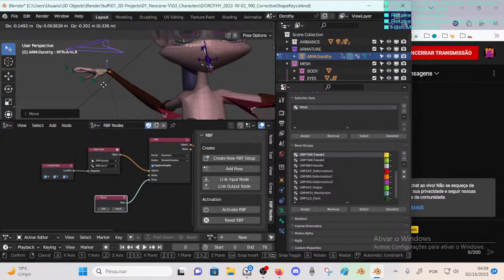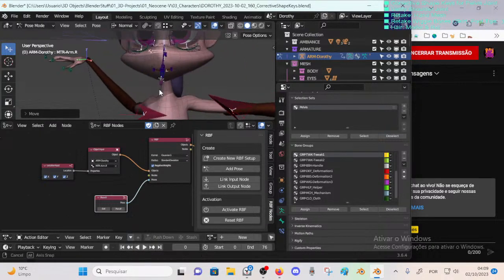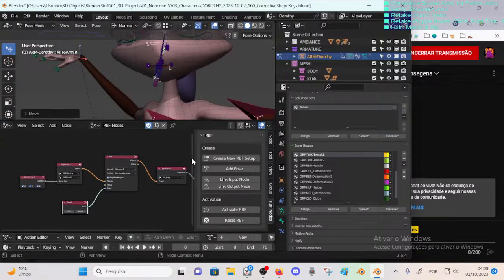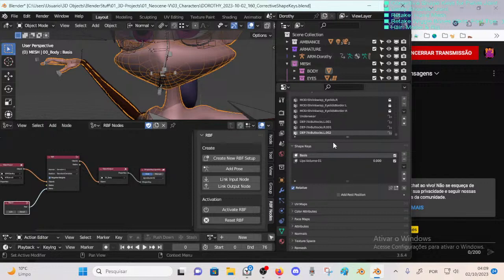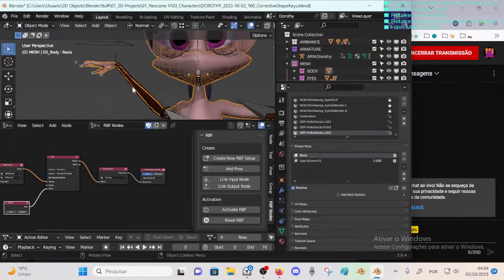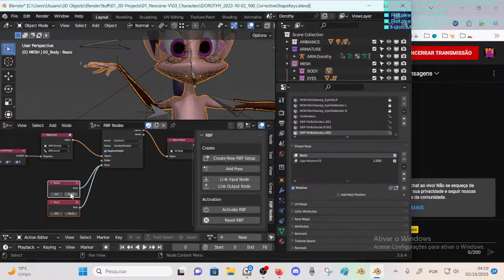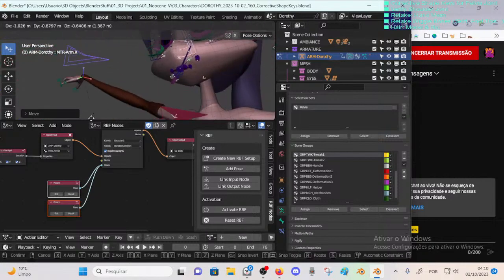So it will take all these inputs to make some change to the, I don't know really, it calculates in its own ways, so I don't have a lot of control over that apparently, but then it's very practical for certain cases. So here it's not enough to pose here, I need to pose the output, so I give a maximum here. And so basically the idea is, and then I add pose, and then we have 2 poses, and I can recall the first one or the second one. So now it has saved, I will not edit this, so this means that Blender will find the way to